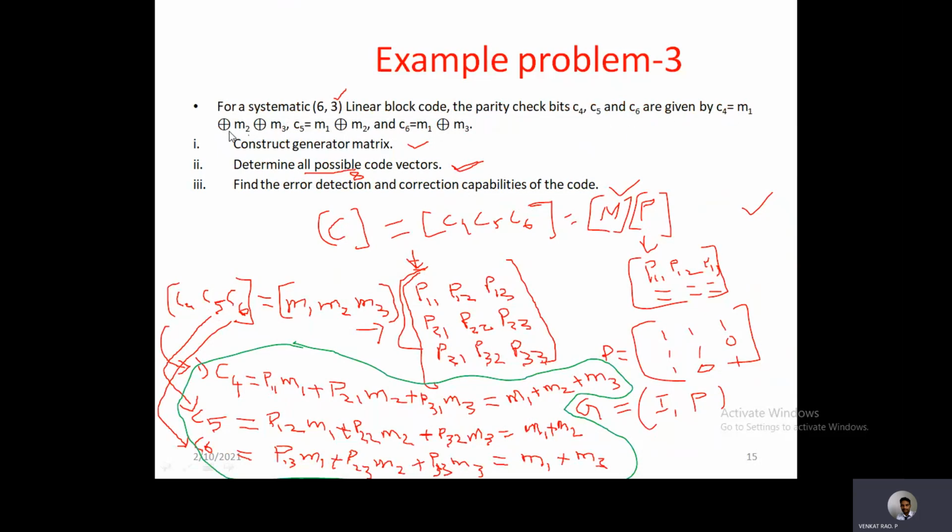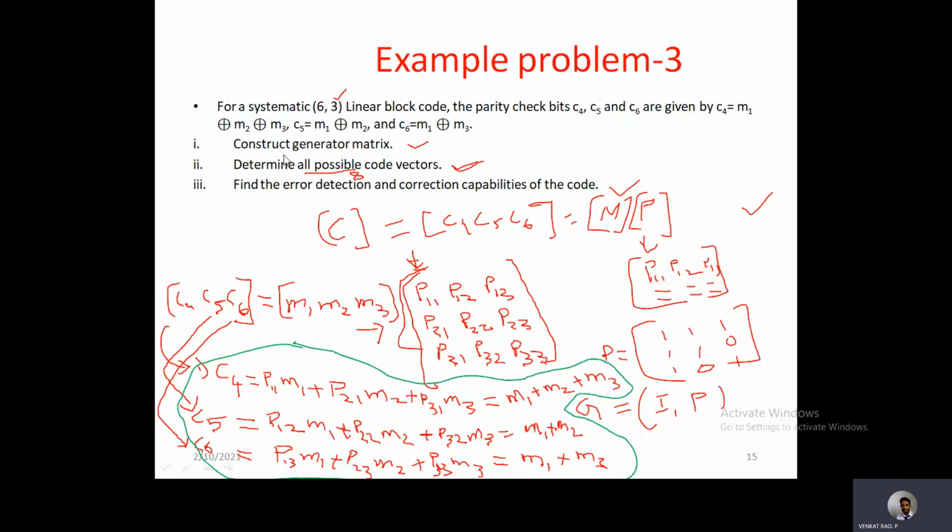C4 is equal to some linear combination of message bits, and C5 is equal to M1 plus M2, and C6 is given similarly. Now we need to calculate the generator matrix, determine all possible code words, and then find the error detection and correction capabilities of the code. This is very important: error detection and correction capabilities of a code.